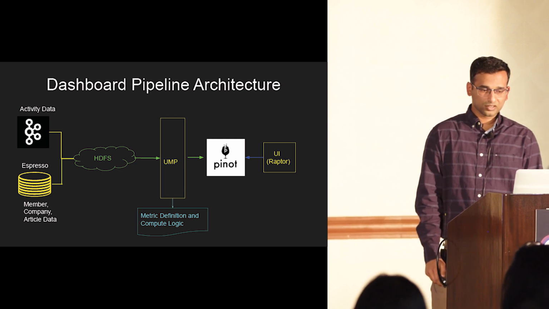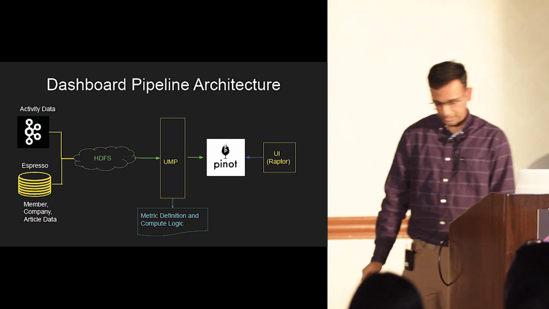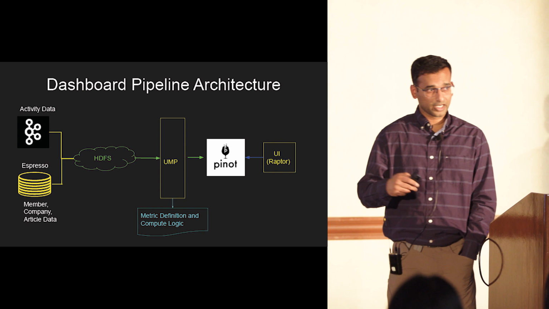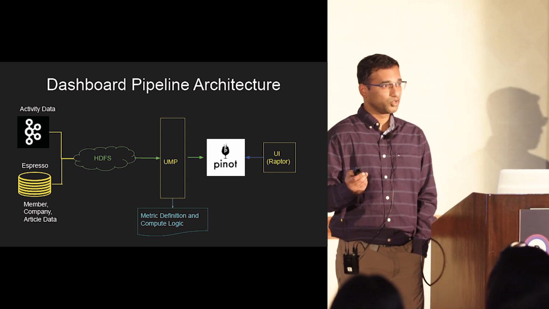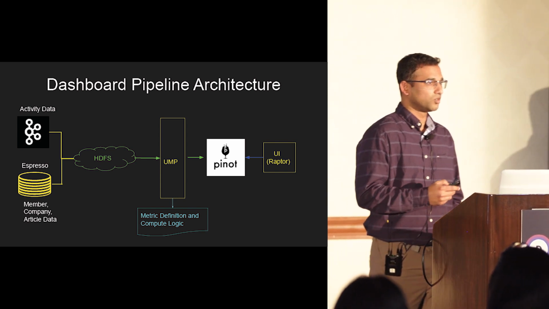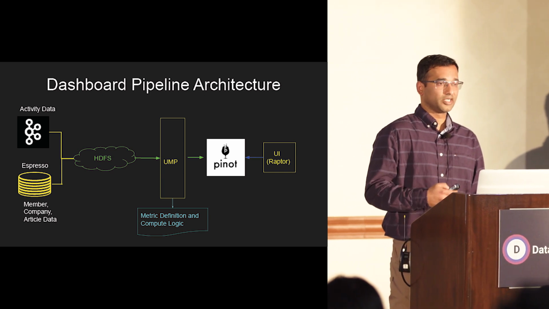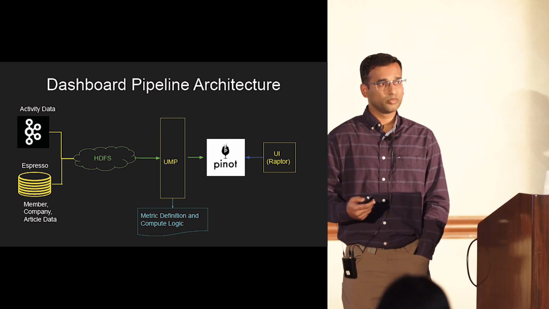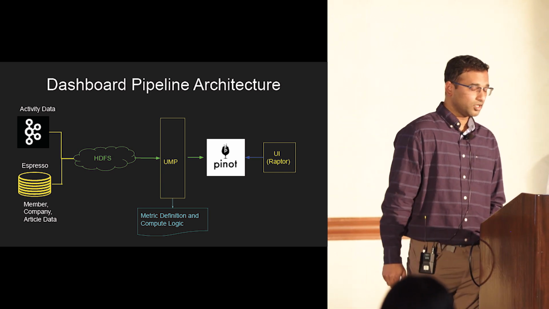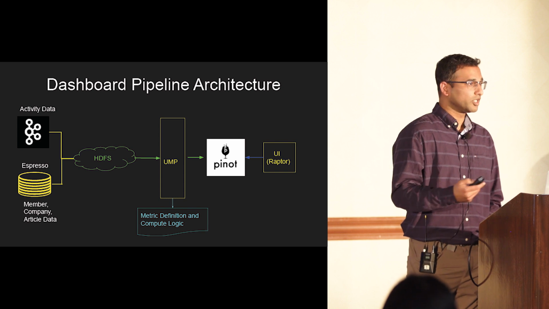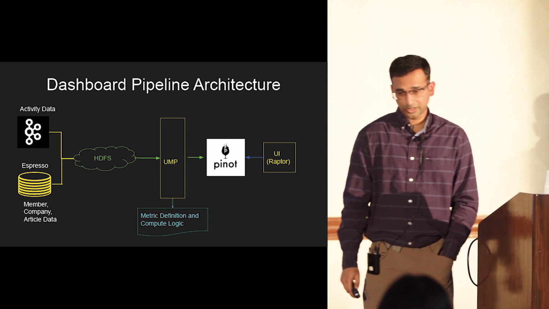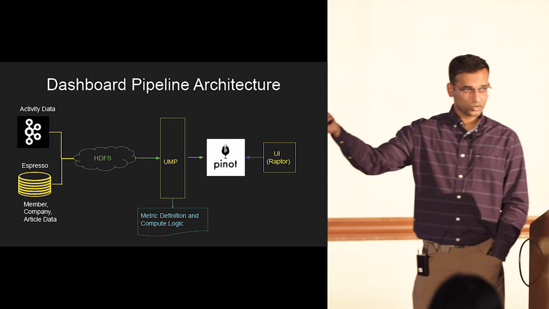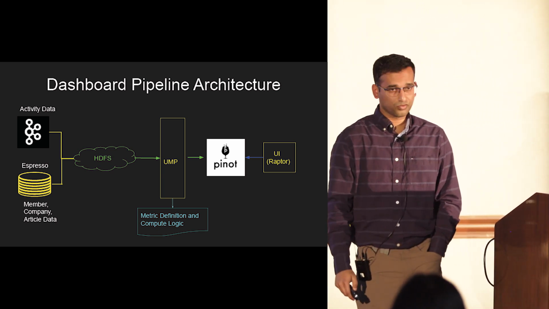So the architecture here is slightly different, but it's more or less exactly the same. The only key difference is you don't really need real time in this. We do have it for some use cases, but it's kind of an overkill to have business insights in real time for the internal folks for all the metrics. For the key business metrics, we do have real-time support that pretty much looks like the exact architecture that I showed earlier. But for the offline use cases, we have the two sources of truth. We have Kafka and we have Espresso.